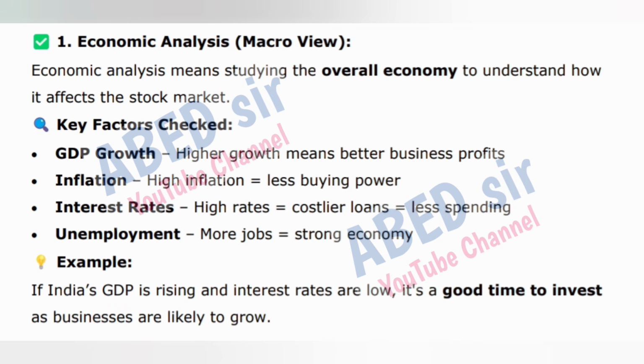Key factors checked. GDP growth: higher growth means better business profits. Inflation: high inflation is equal to less buying power. Interest rates: high rates is equal to costlier loans is equal to less spending. Unemployment: more jobs is equal to strong economy. Example: if India's GDP is rising and interest rates are low, it's a good time to invest as businesses are likely